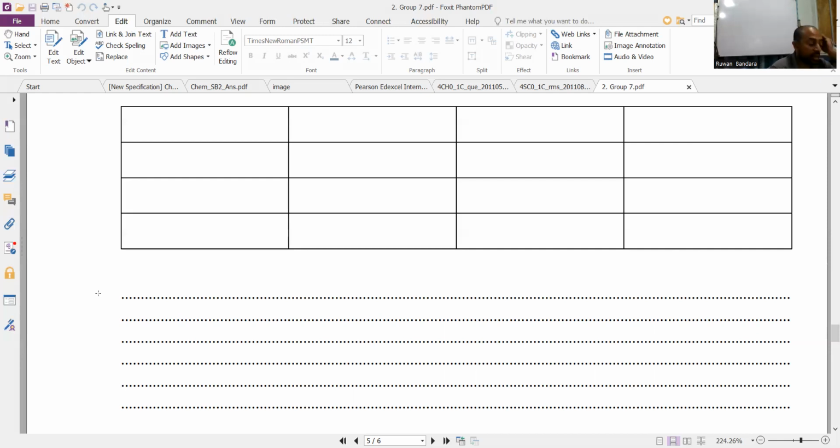Dilute nitric acid is added in order to remove the ions that interfere with the results. What are the ions that interfere with the results? Such as carbonate, because carbonate also